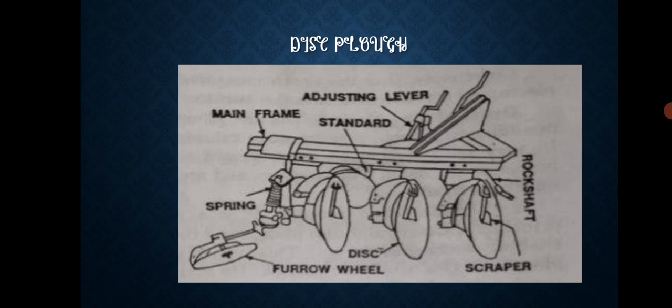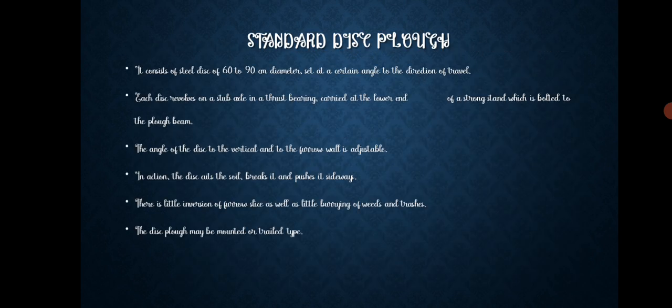There are different types of disc plough: standard disc plough and vertical disc plough. Standard disc plough. It consists of steel discs of 60 to 90 cm diameter set at a certain angle to the direction of travel. Each disc revolves on a subaxial and a truss bearing carrying at the lower end of a